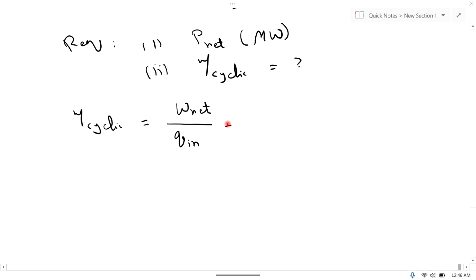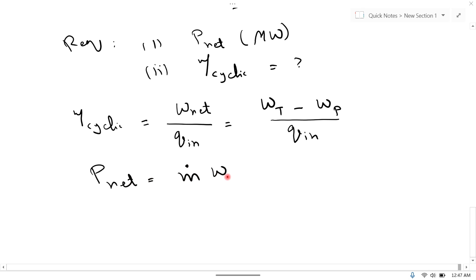This net work done is equal to work output minus work input. Work output is the work in the turbine and work input is the work in the pump, divided by the heat supplied in the steam generator. Similarly, net power is equal to mass flow rate multiplied by net work, and net work is equal to